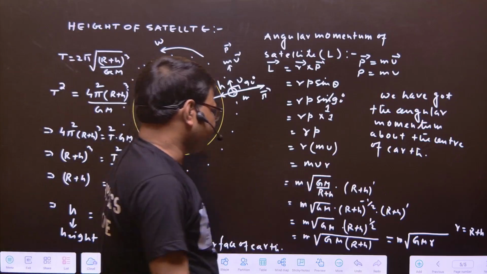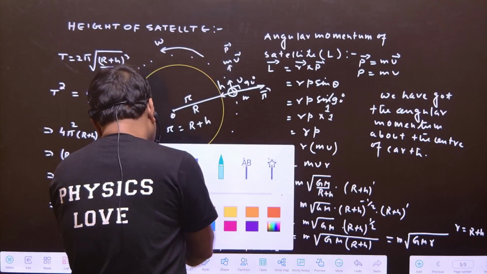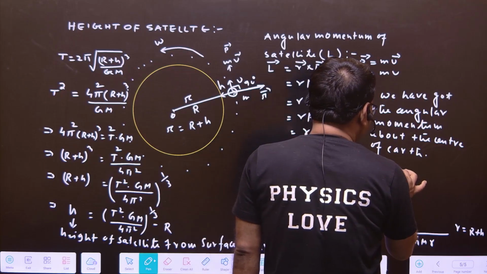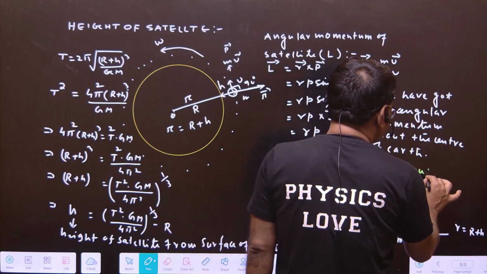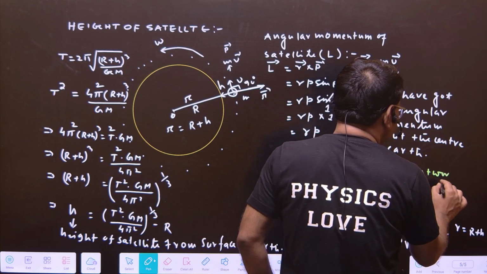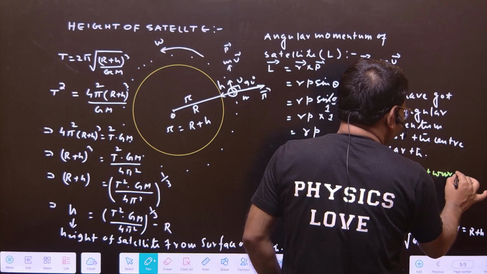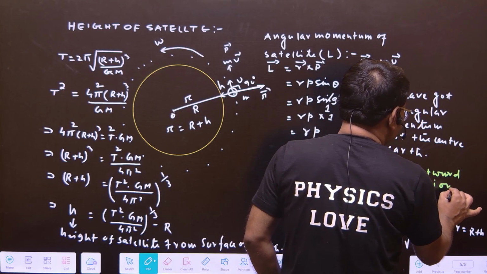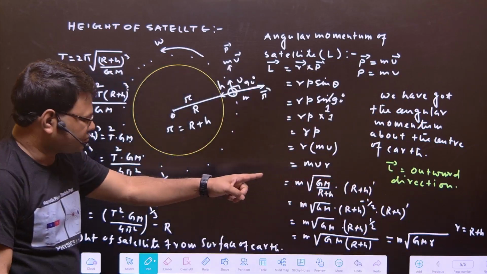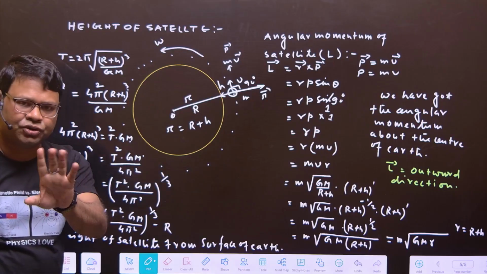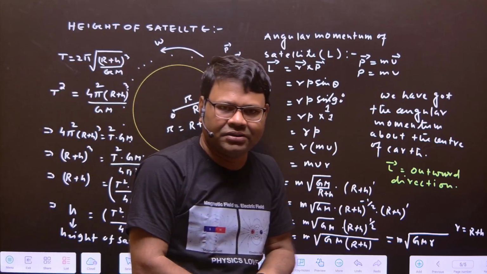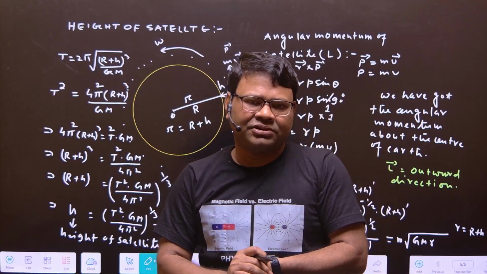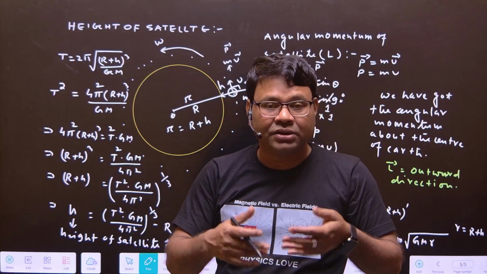So the direction of the angular momentum, I am writing here: direction of angular momentum outward. Right now I have shown you with the right hand, the outward direction. Clear? L vector, angular momentum, outward direction. I have shown you the fingers here. Am I clear? Some topics are left to say of the satellite, the energy of the satellite.